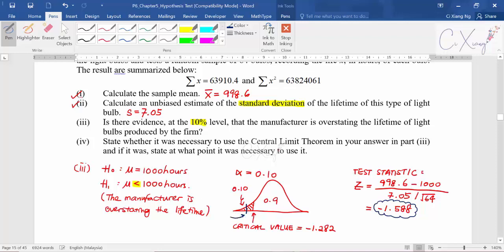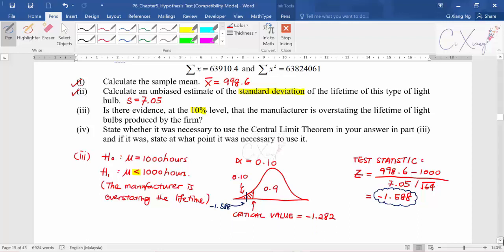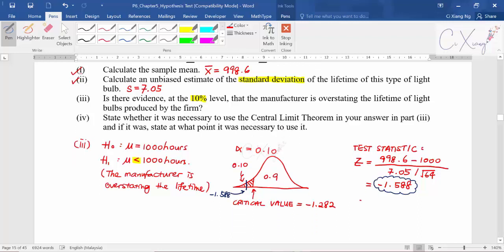from the graph, it should be before or in the area of negative 1.282, right? So this one is negative 1.588. From the diagram, you can see that it is actually located in the rejection region. So from here, of course, you can make a decision, and also you can write out a conclusion. It is under the rejection region, therefore you can say that you reject the null hypothesis. And after that, you can write that there's enough